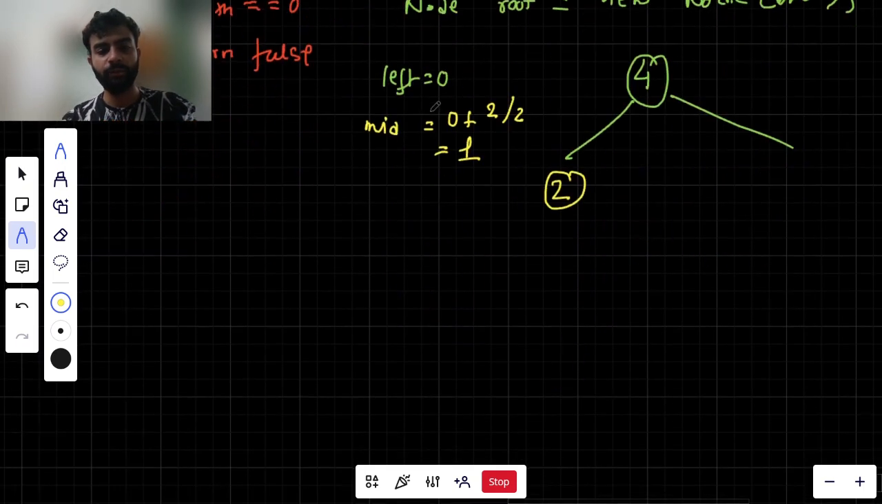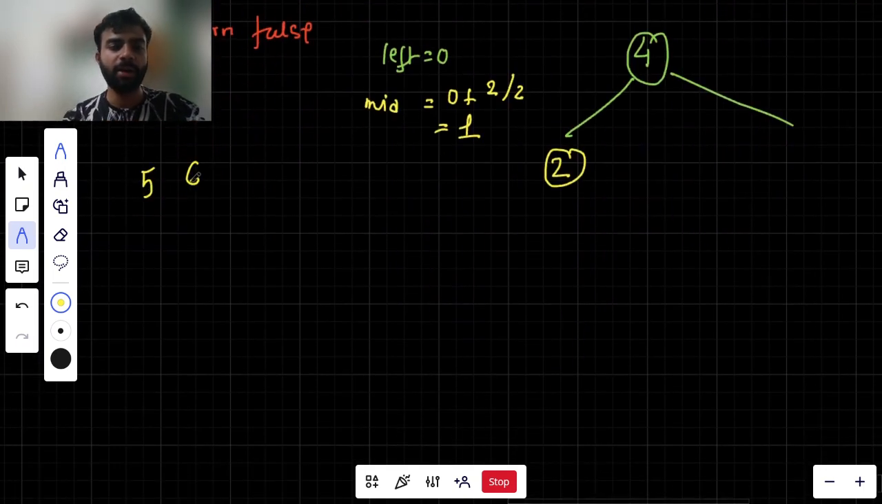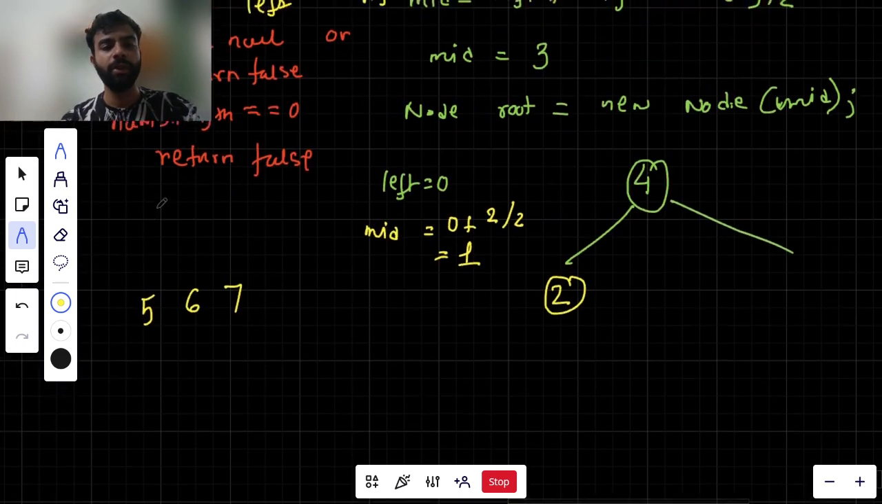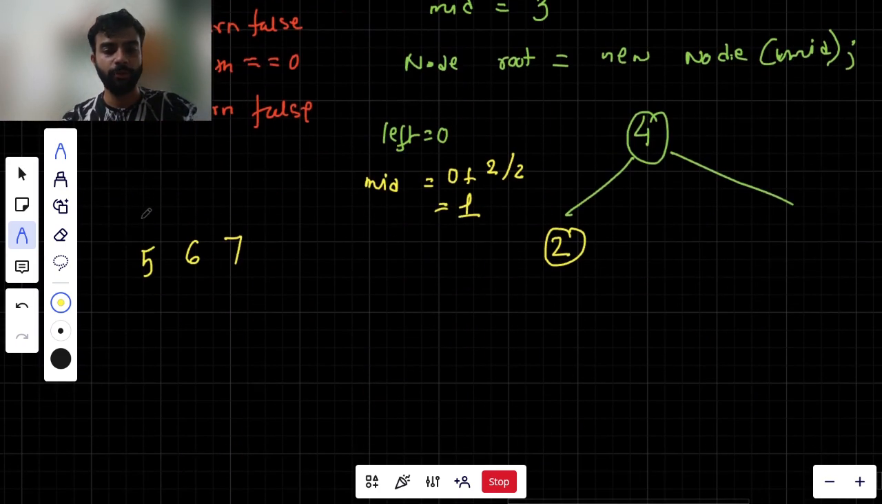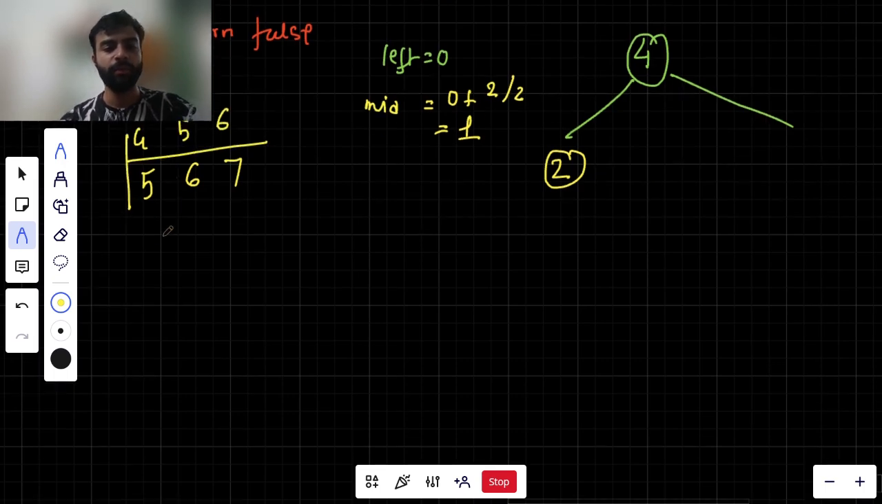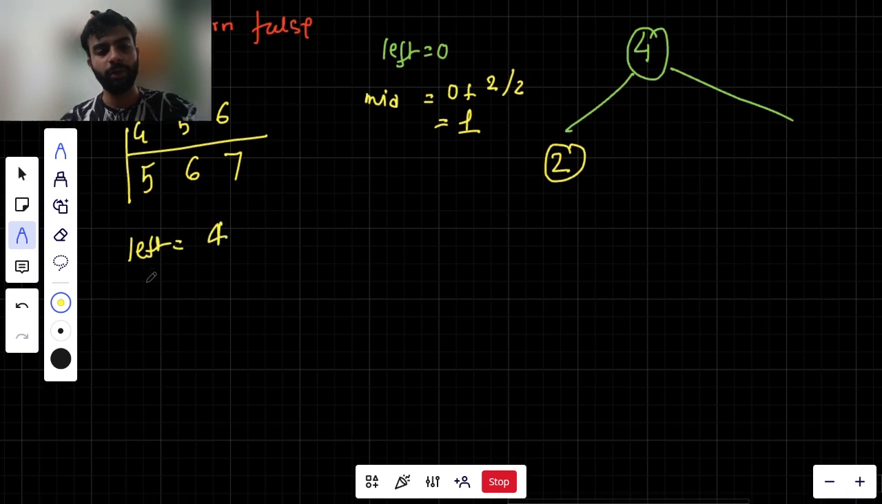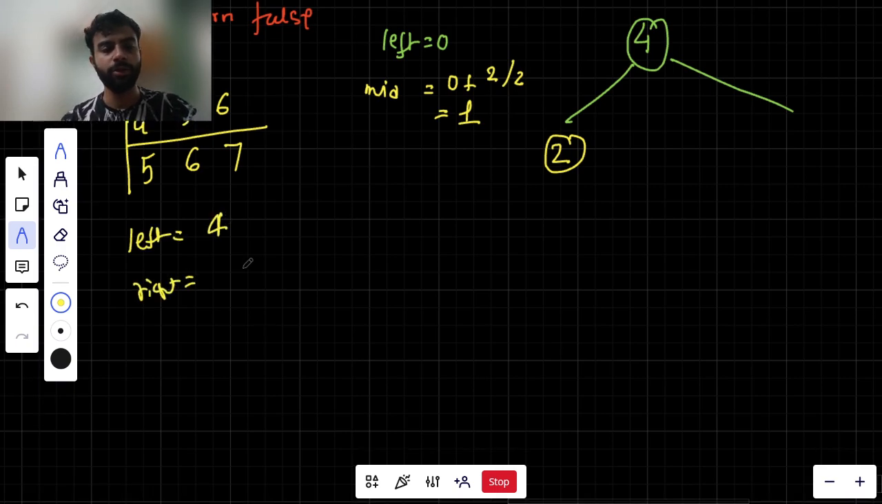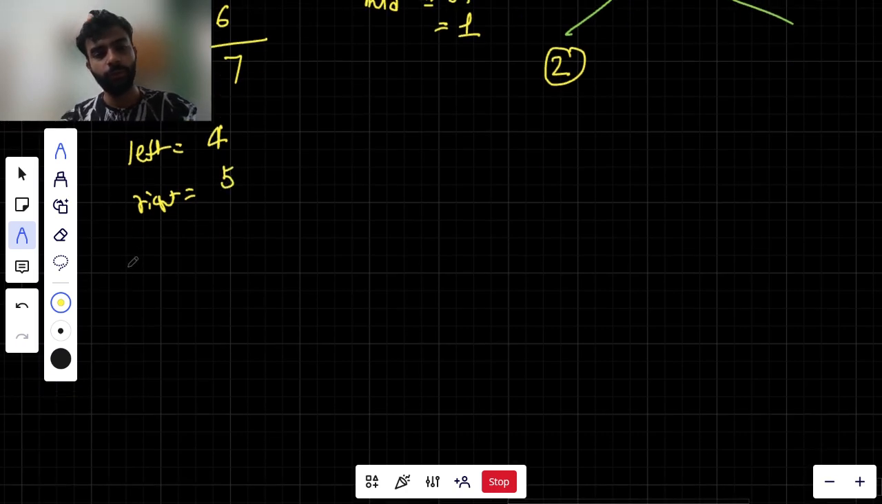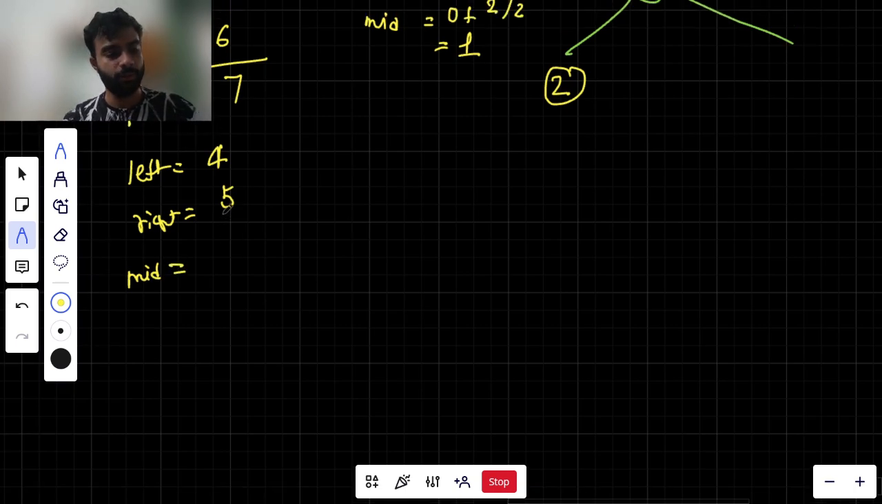The other subarray is 5, 6, 7. Now let us take the example 5, 6, 7. In this, the indexes are 4, 5 and 6. Don't confuse with the indexes. So in the case of indexes 4, 5 and 6, the left is equal to 4. And the right is equal to 6, minus 1 being 5. So mid equals to, if I check,